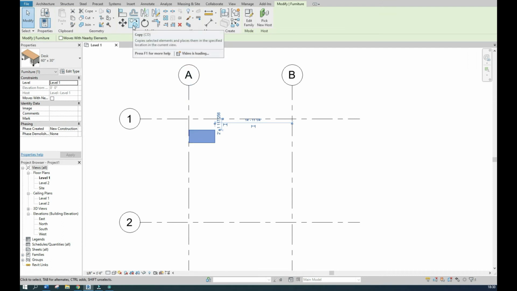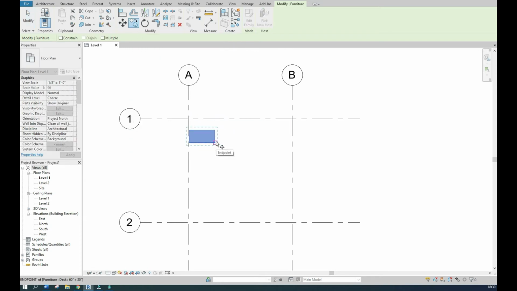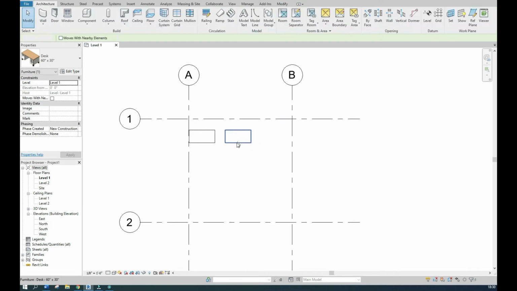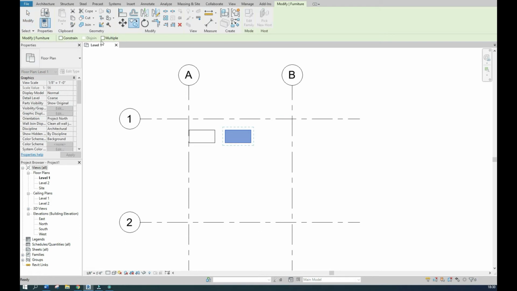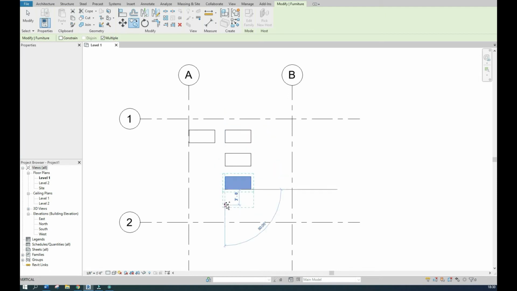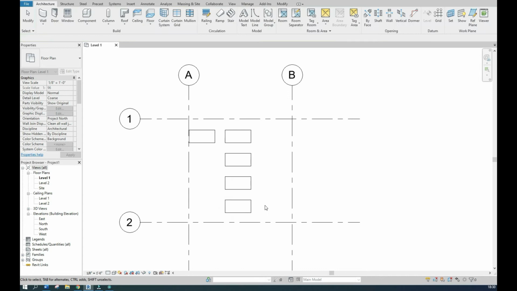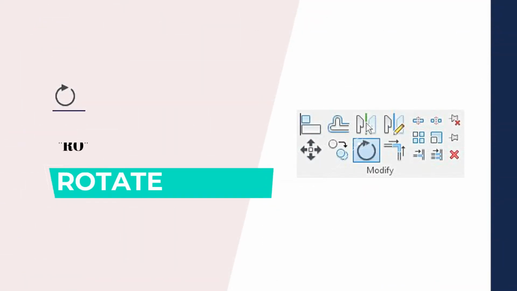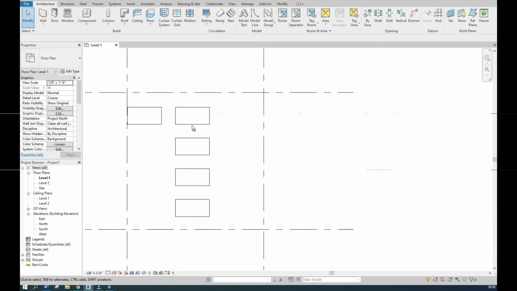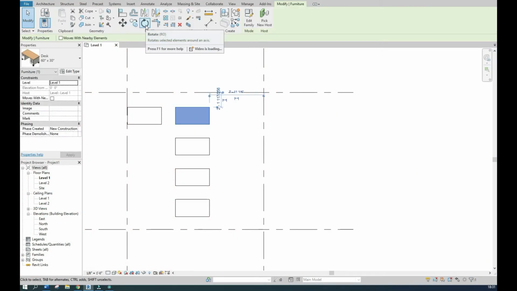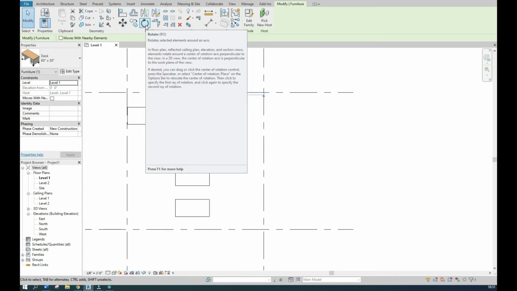Go to Modify and select Copy or type CO. Rotate. Go to Modify and select Rotate or type RO.